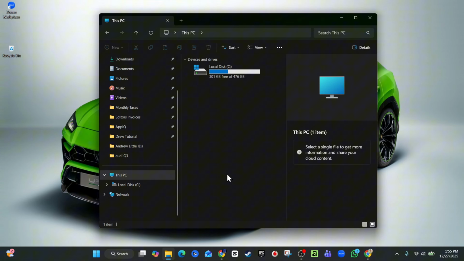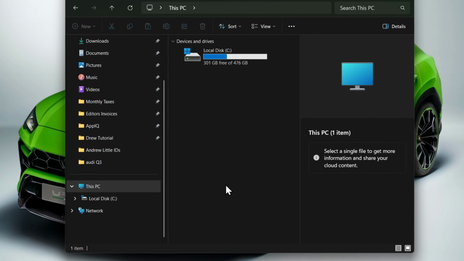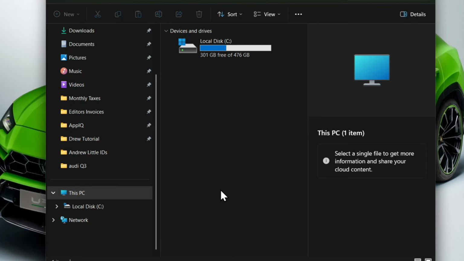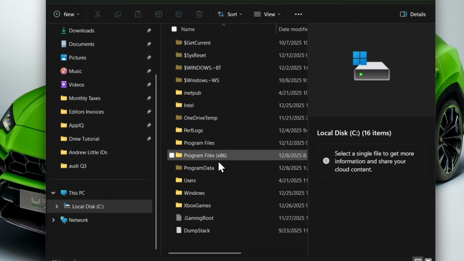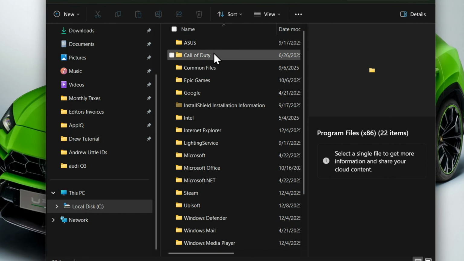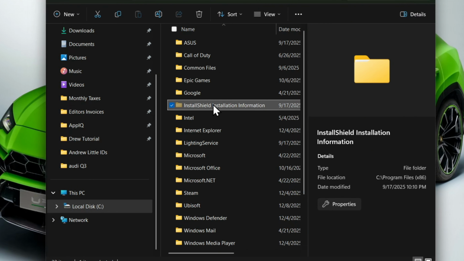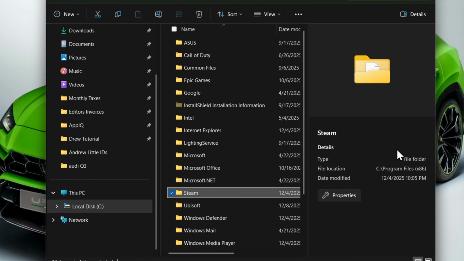In this video, I'm going to show you how to remove game files from Steam. So you want to go ahead and open up your File Explorer on your PC, open up your local C drive, and you want to find the Program Files x86 folder. Open that, and within the list here, just simply click anything and press the S key on your keyboard. It's going to find the folders containing S, and so you want to look for the Steam folder and open